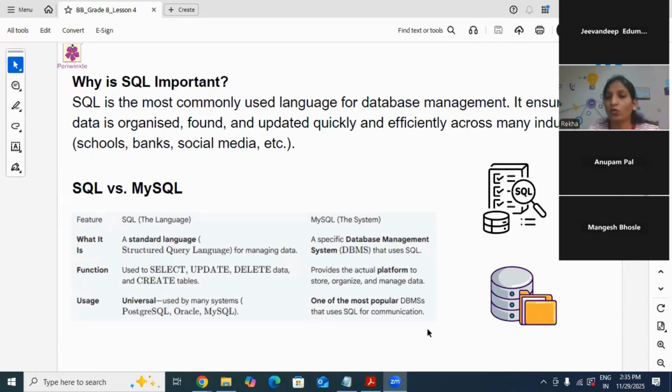Okay, so we don't have to confuse the students. We just clear one thing here. SQL is like a whole thing, used in multiple ways for all the data, and anytime we can work on it. Whereas MySQL is specific to one database. We have to create one database and it will work only for that. If you want to work on another database, then you have to create another, come out of it, and then work on that particular one. Okay. Whereas SQL, you can